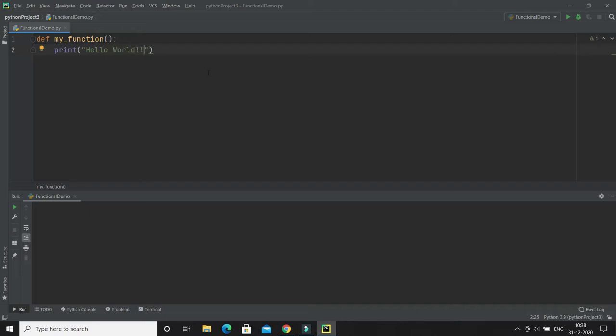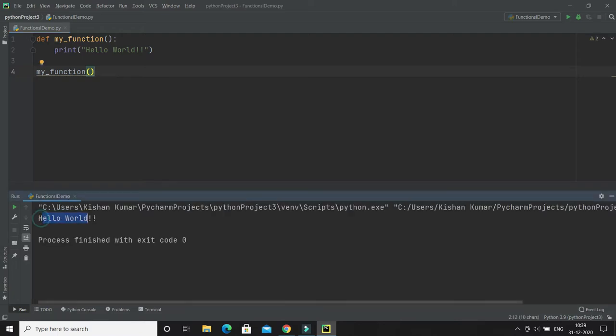This is a pretty simple function that I have written, right? Now the thing is, how to call this function. To call a function, you have to use the function name followed by parentheses. So to call this function, I will write my_function, and that's it. If I run by pressing Shift F10, then here you can see I get the output, right? So now at least you know how to define a function and how to call it. I know this is a very simple function, but we will increase the complexity once we start with the basic concept.